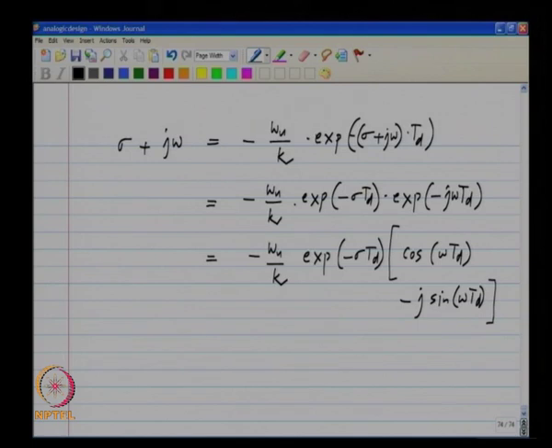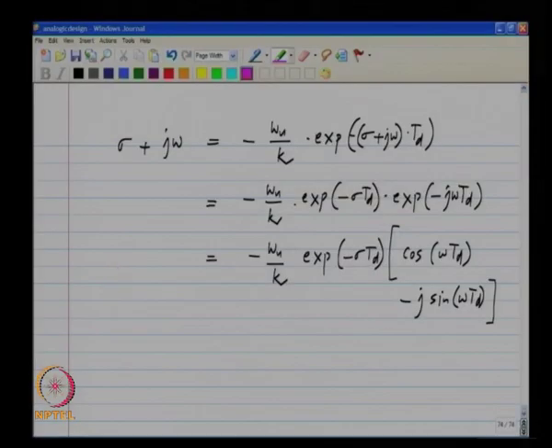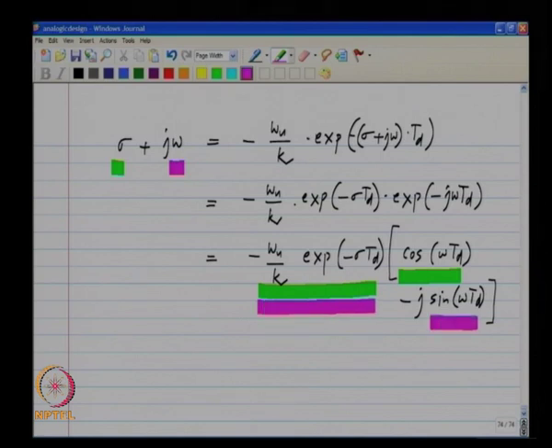Okay. Now, we have two variables sigma and omega, and we need two equations to solve them. If you look at this equation, we have the real part and the imaginary part on the right and left hand sides, and we equate the two to get the two equations. So, this is the real part and this has to be equal to this times cos, and this is the imaginary part and that has to be equal to this times sin. Okay. So, the two equations are